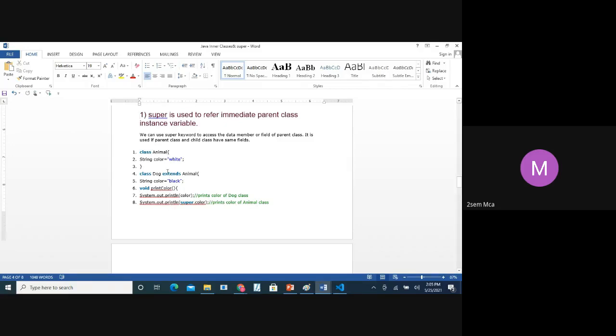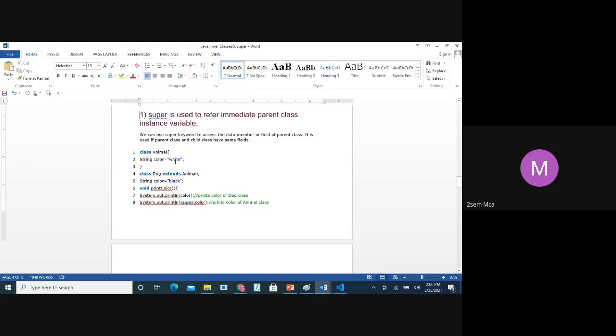This program is an inheritance program. So what we are doing is inheriting the base class properties to a derived class. Then we use the keyword extends. The same way here, Animal is a base class and Dog is a derived class. Now I want to take the properties of the Animal class to the Dog, so we use the keyword extends.